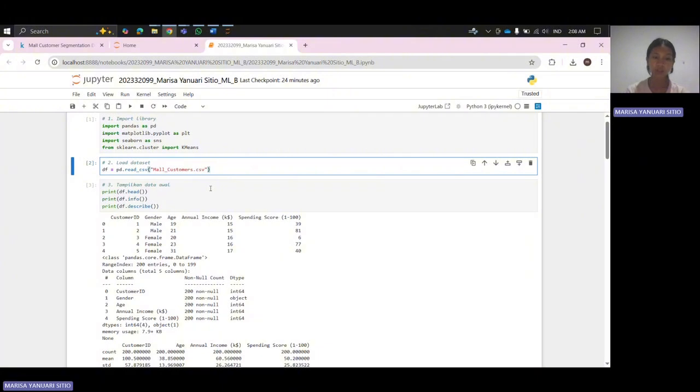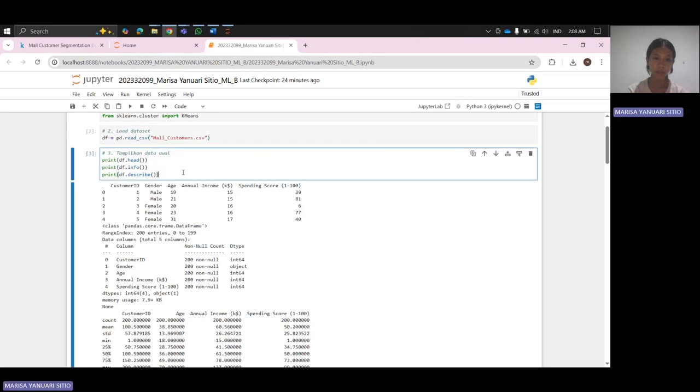Next, load the dataset. Explanation: read the CSV file and store it in a data frame named df. And then 3, display the initial data. Explanation: head displays the first 5 rows to get a quick look at the data.